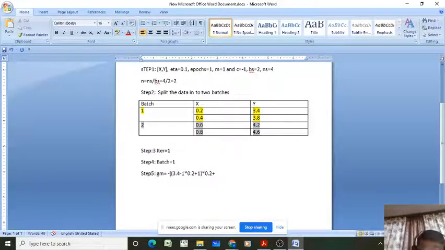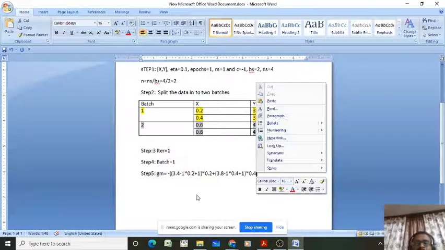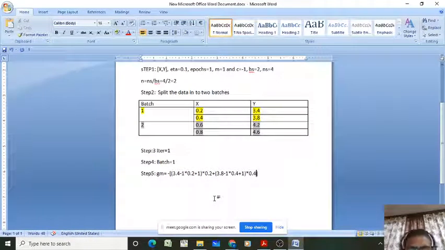Plus, right? Perfect. Plus 3.8, right? That means we are taking the second sample in the first batch. 3.8 minus 1 into 0.4 plus 1 into 0.4. That's it, right? So we are passing the first sample in batch 1, and also the second sample in batch 1, and we computed the gradient based on both samples. And what else did I forget here?